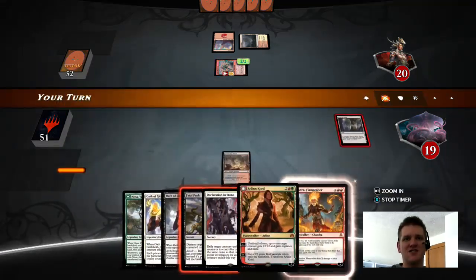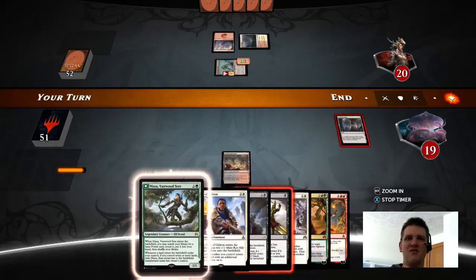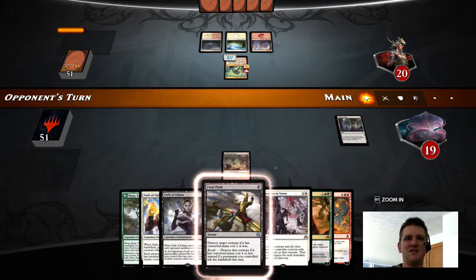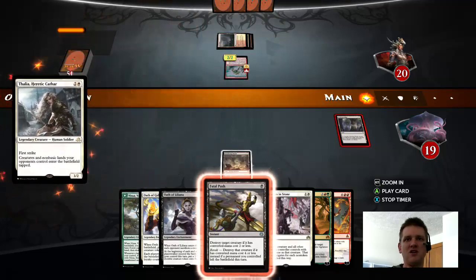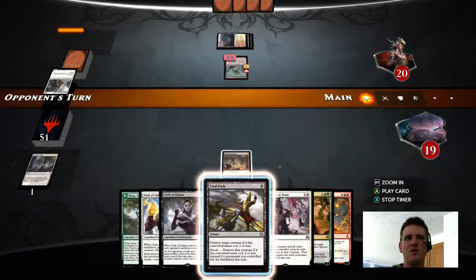Alright, that's not good. I gotta figure out what land to fetch. Probably has to be white at this point, as just about every other land in our deck produces green. Alright, what are you doing? Thalia, you. It's really bad. So now what we have to do...